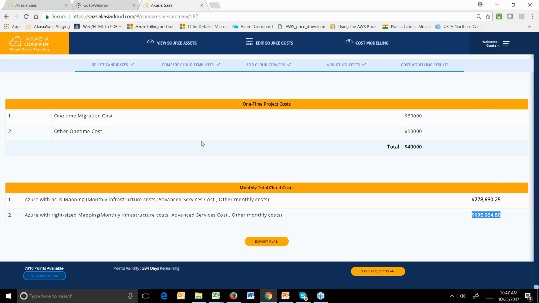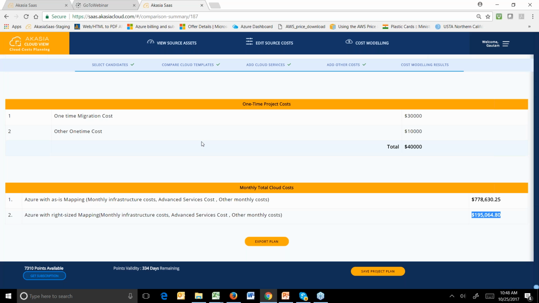And then another question that's just come in is, are the VMware configuration and performance information being captured from the vCenter database or the vRealize database? So the answer to that is we are capturing it from the vCenter database. So you're not required to have vRealize to be able to use our tool. We pull it off of just the vCenter database. So again, you're not required to have vRealize.